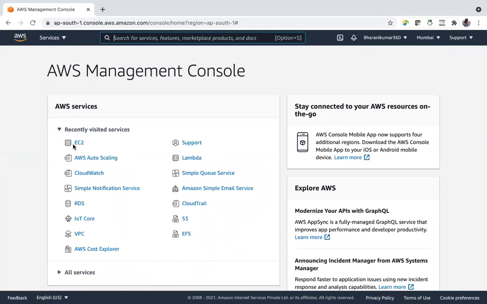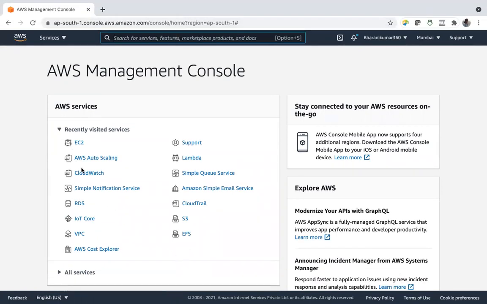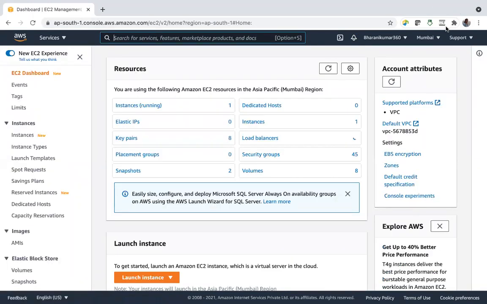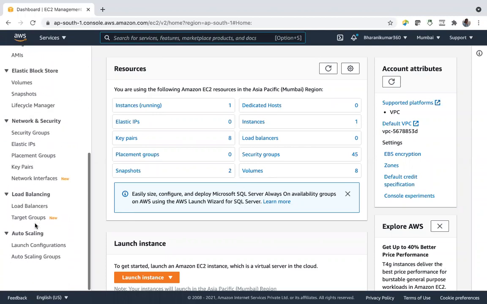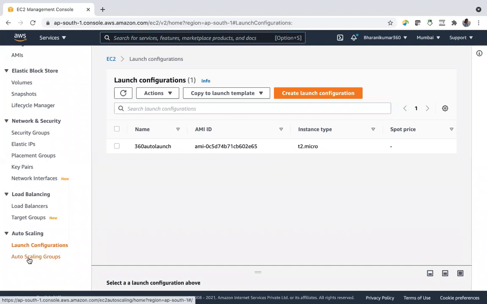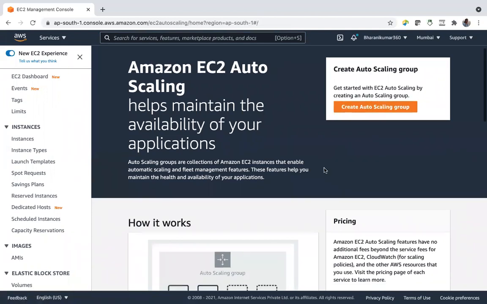We have been discussing auto scaling groups, right? Go to EC2, and we know different auto scaling policies now. One instance is running, but I don't have my auto scaling group. Launch configuration is there. Let's create one auto scaling group.